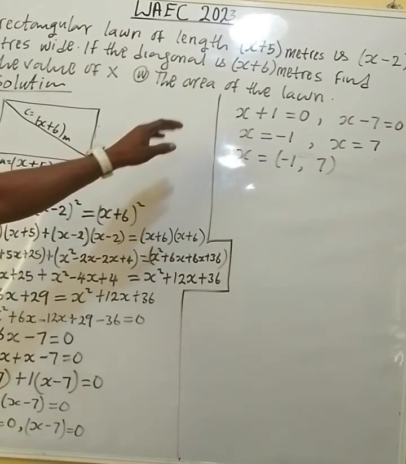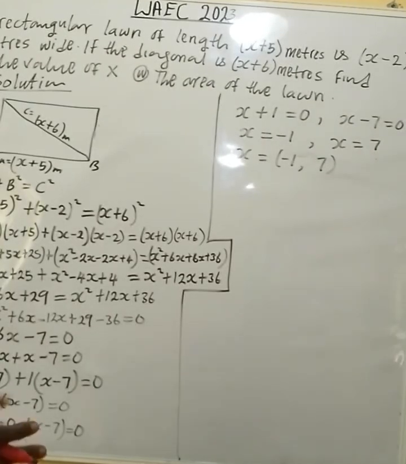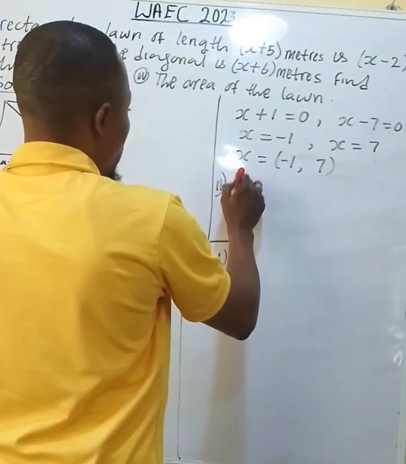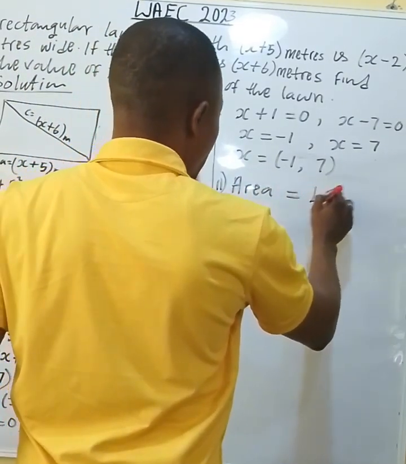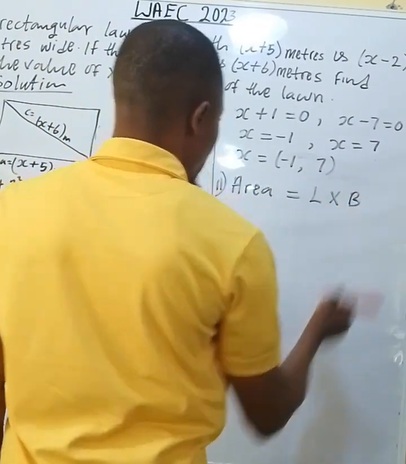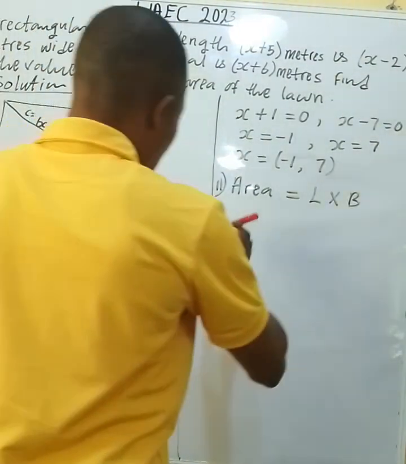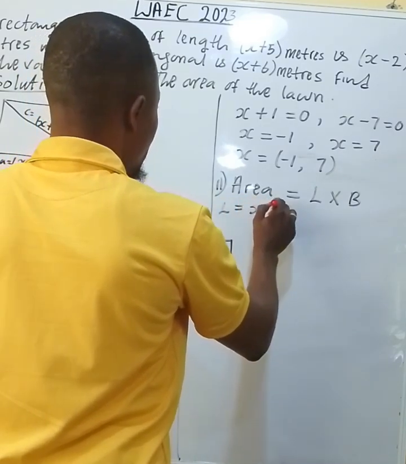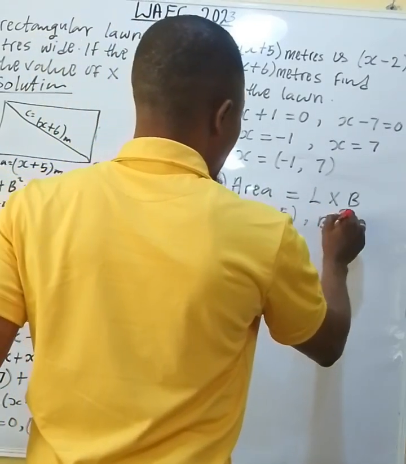Then the next one is, find the area of the land. And you know we are using a rectangle to represent our land. And the area now, number 2. Area equals to length times breadth. So now, from the rectangle, our length L equals to x plus 5. And our breadth equals to